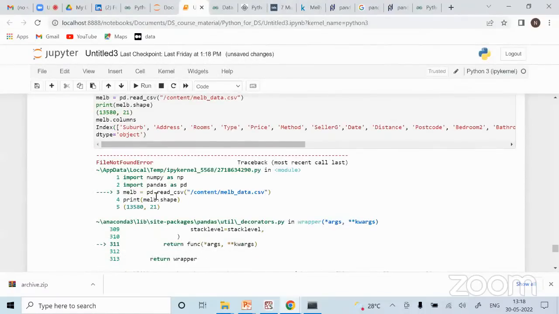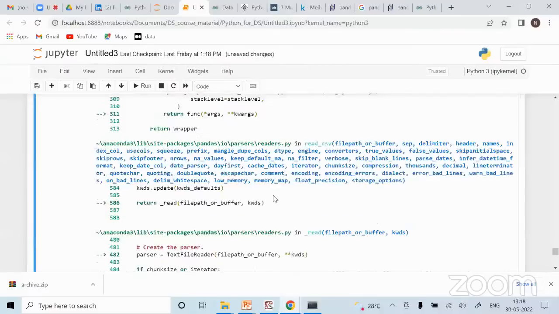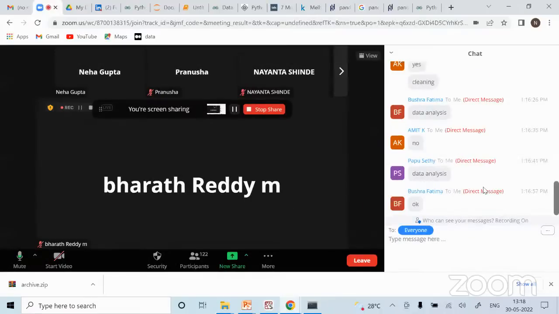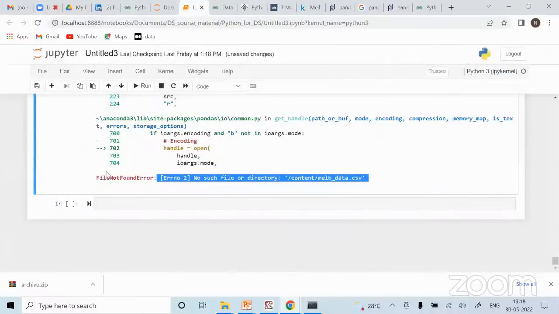It gave me this error. Can somebody tell me what this error is? Let's go through this. It says file, no such file or directory. Can somebody tell me what the problem is and how do I fix it? अगर आपको ये एरर आएगा, how will you fix it? I'll show the error again. It is giving me this error, file not found. मैंने अभी तो file copy किया ना वहाँ, then why is it giving me file not found?